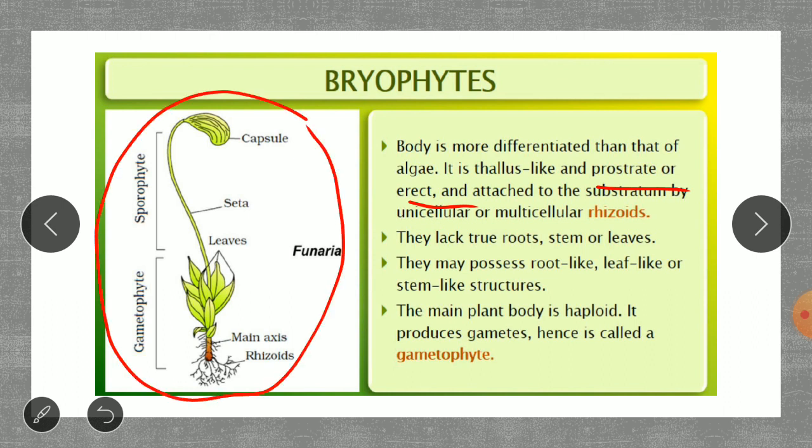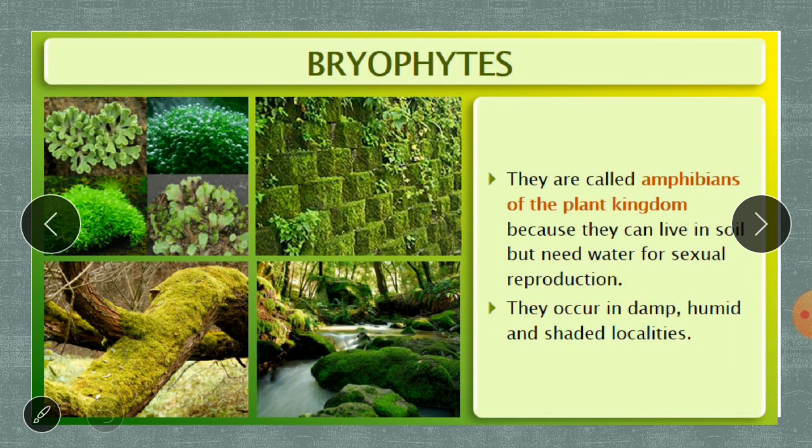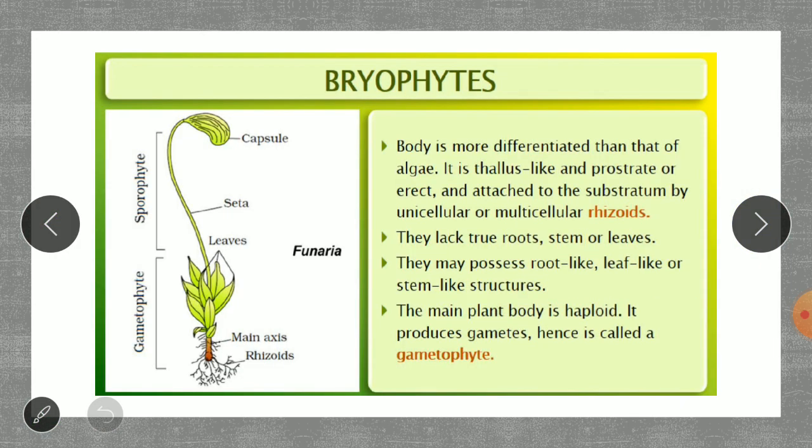They are very small, not as big as they appear in the diagram. The diagram here shows one of those which is growing over here. They are very minute. Now, these bryophytes are attached to the rocks or the substrate, which can be anything to which they are attached. It can be the wall or the rooftop or the rocks. It is attached to something.